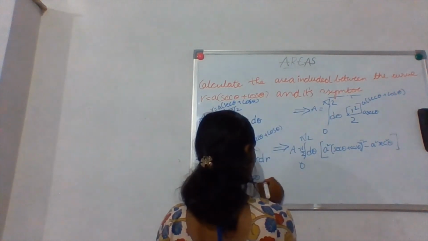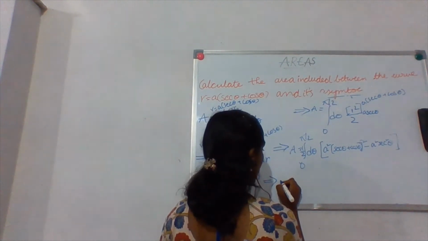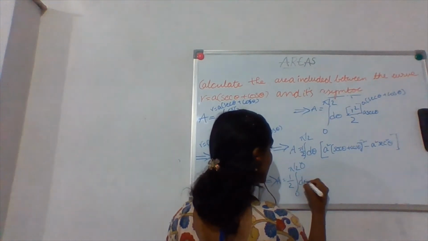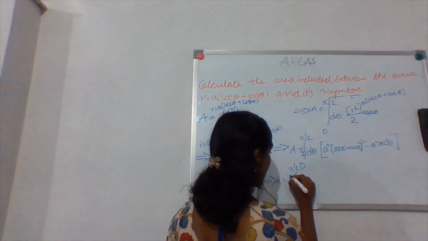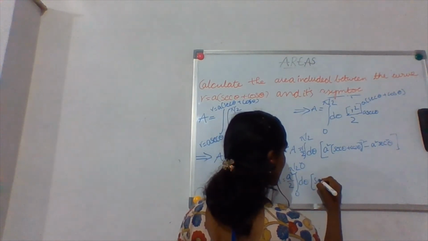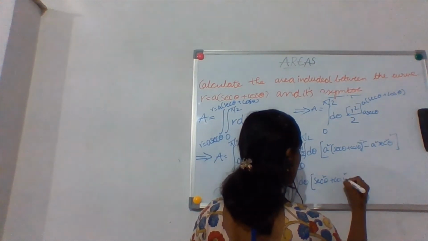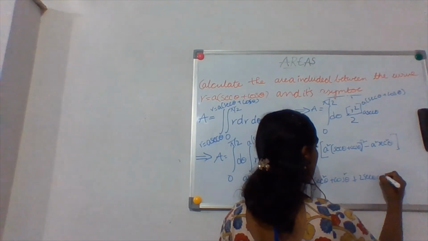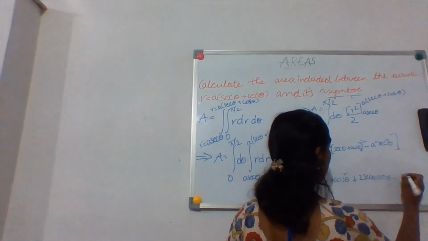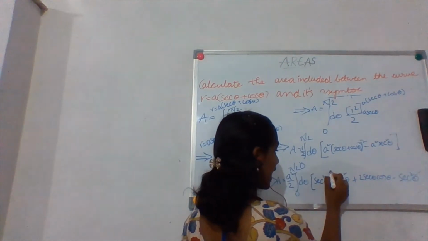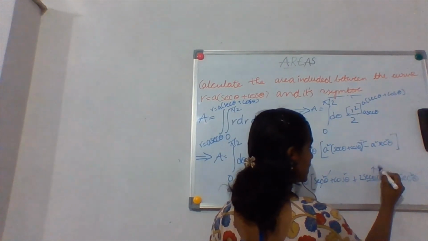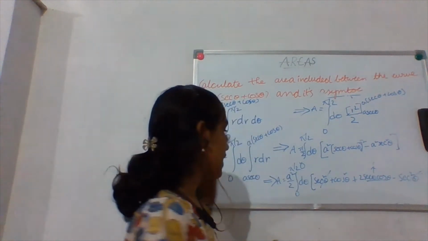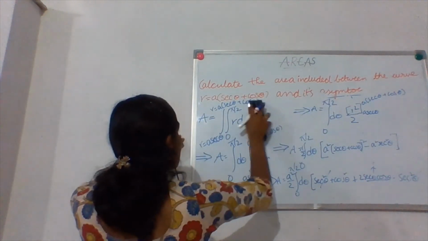Yes. So the area is equal to 1 by 2 integral from 0 to pi by 2 of d theta into, if you take a square as common, this would become secant square theta plus cos square theta plus 2 secant theta cos theta minus a square minus secant square theta. Okay, so these two will be cancelled, and this value is 1, right? The value of secant theta into cos theta is 1. Yes. So now I am going to erase this.